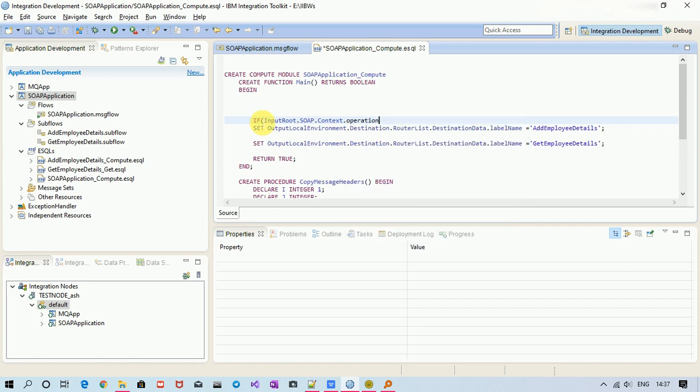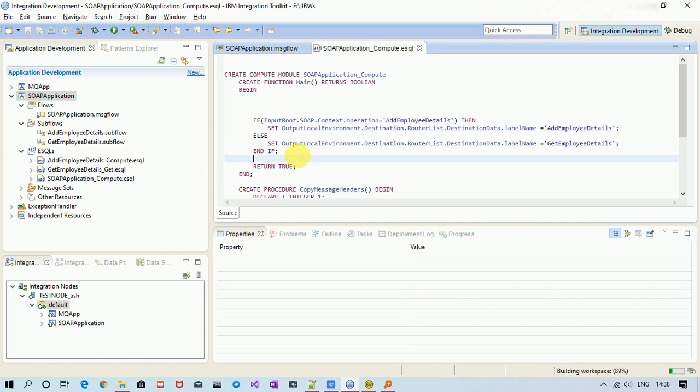In that we will have operation name. So if my operation is add employee details, then route to add employee, else route to get employee details. Simple, right?